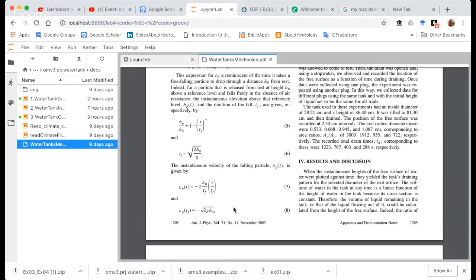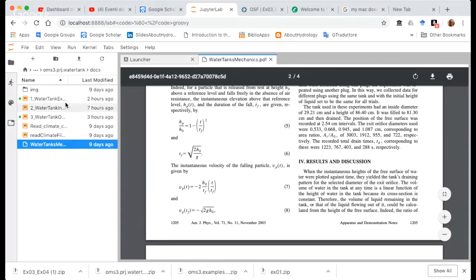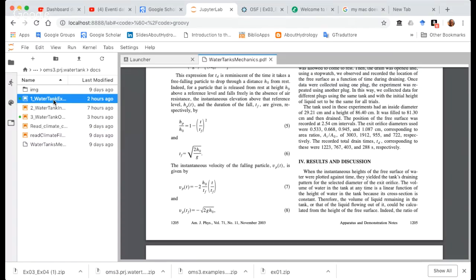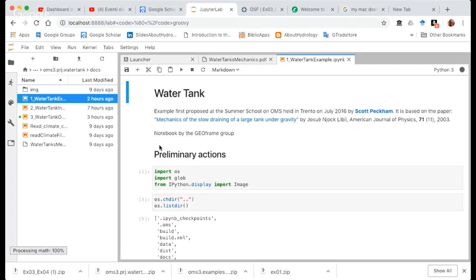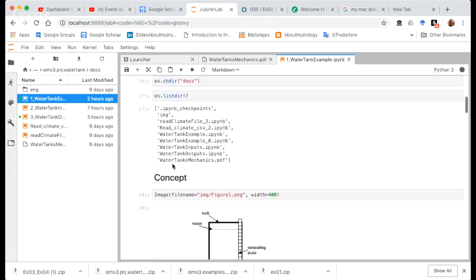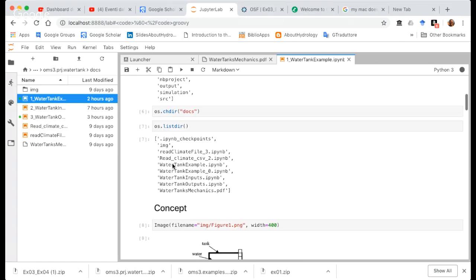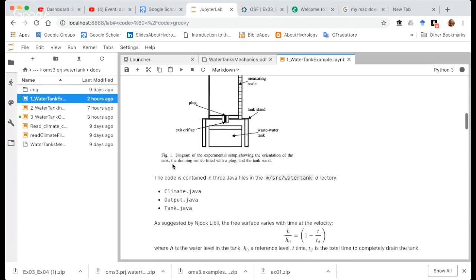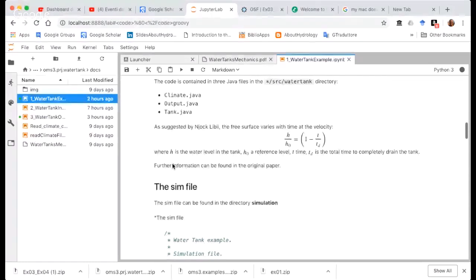So the information we have to bring home here is that we know how the physics of this tank works, and now we want to implement a model of these things. The model is implemented actually in here. As you see, I could repeat most of the information in the Jupyter file, and